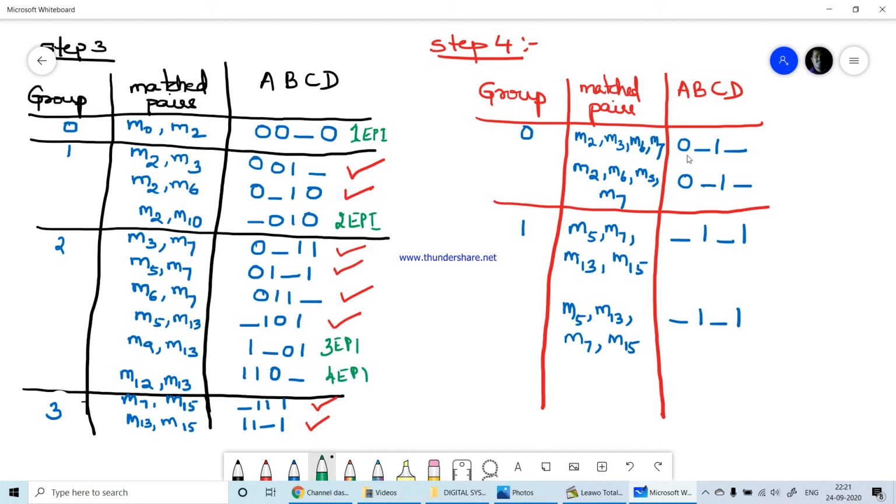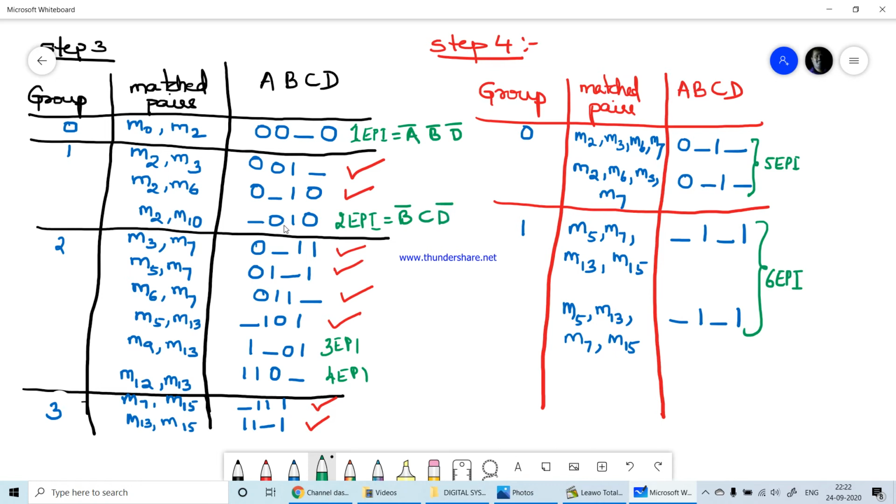implicant, and this is fifth essential prime implicant, because further you can match it, and this is my sixth essential prime implicant. So if I see what is the expression for first essential prime implicant, it is A bar, B bar, D bar. For second essential prime implicant it is B bar, C, D bar.